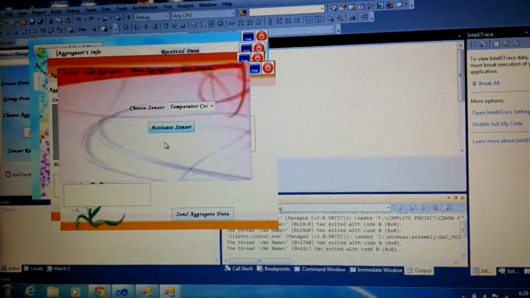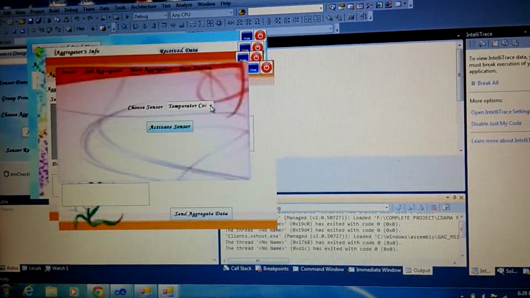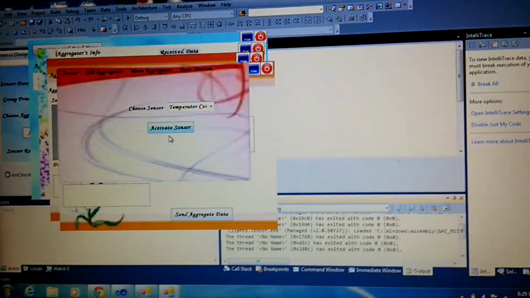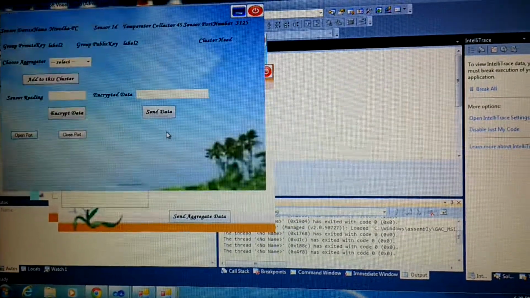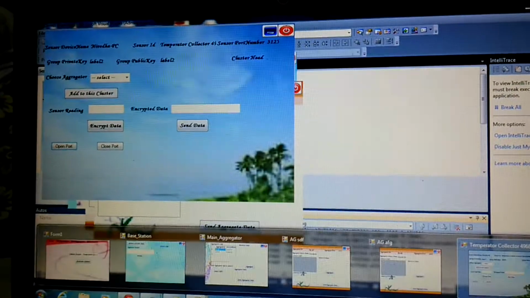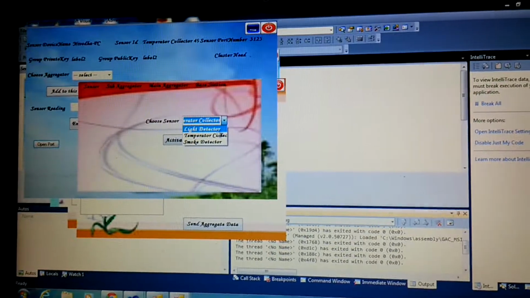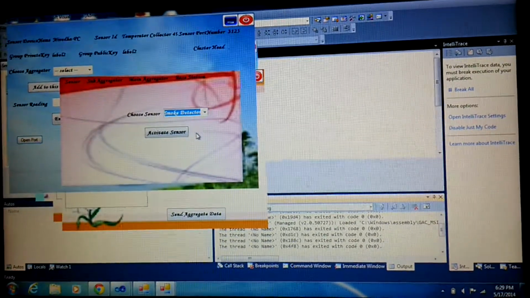Here we are having a temperature collector, and one smoke detector.